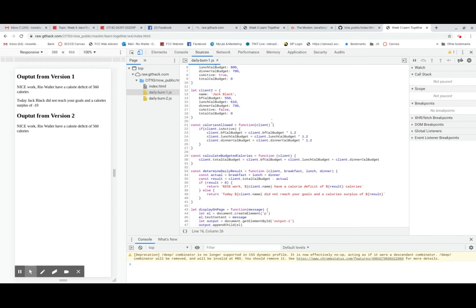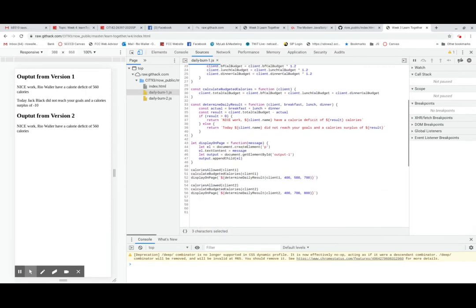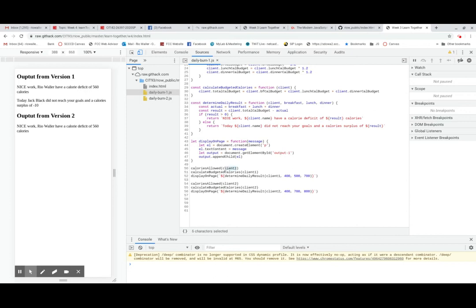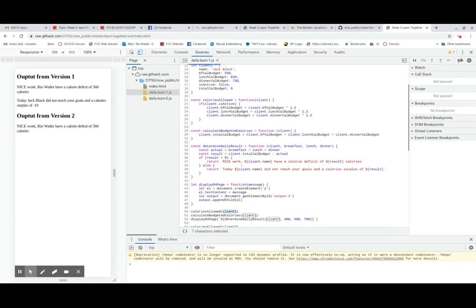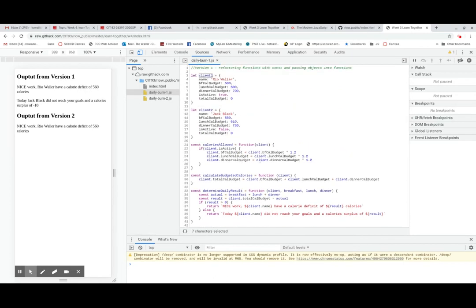When I'm passing client, remember, what I'm doing is I'm passing the object that I've defined, client 1 or client 2, which is here. So by calling it client here, my code is somewhat, and this is a term, abstracted away so that